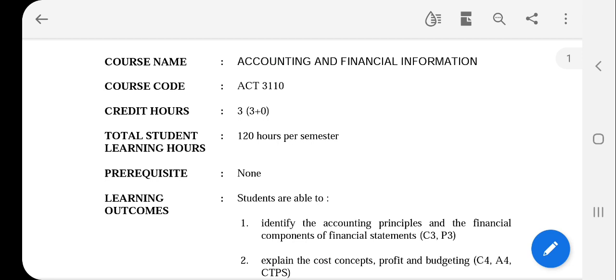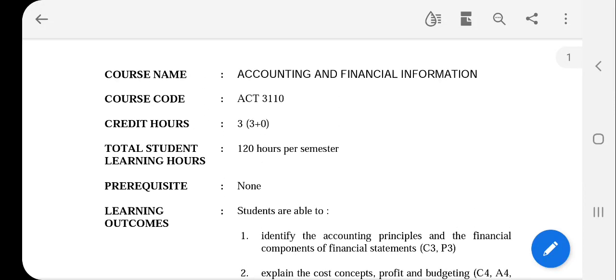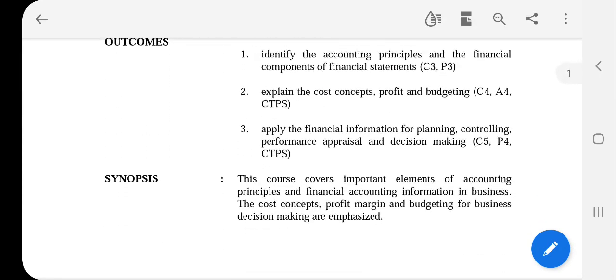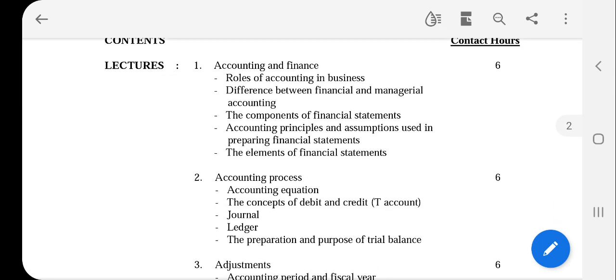So in this course, this is a basic course that will introduce accounting to you, and you will learn a little bit about financial accounting and also a little bit about management accounting. In this course there are 10 topics.